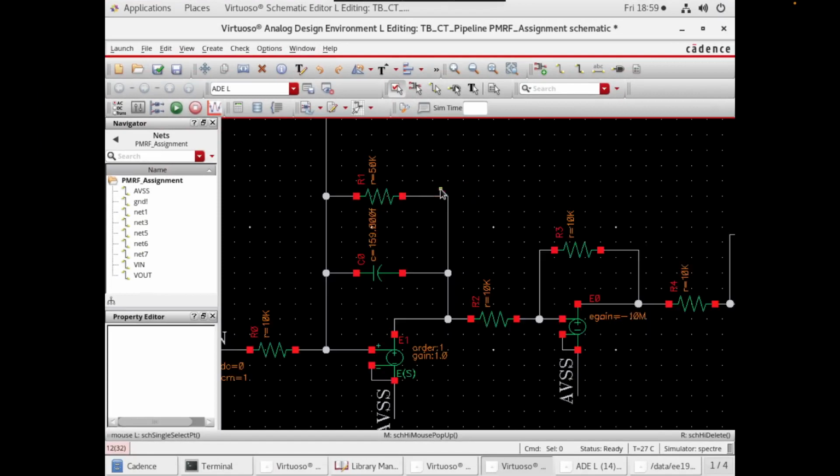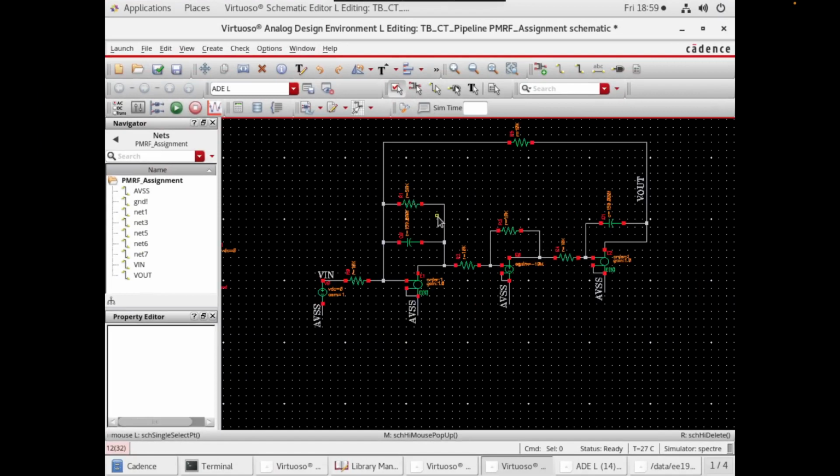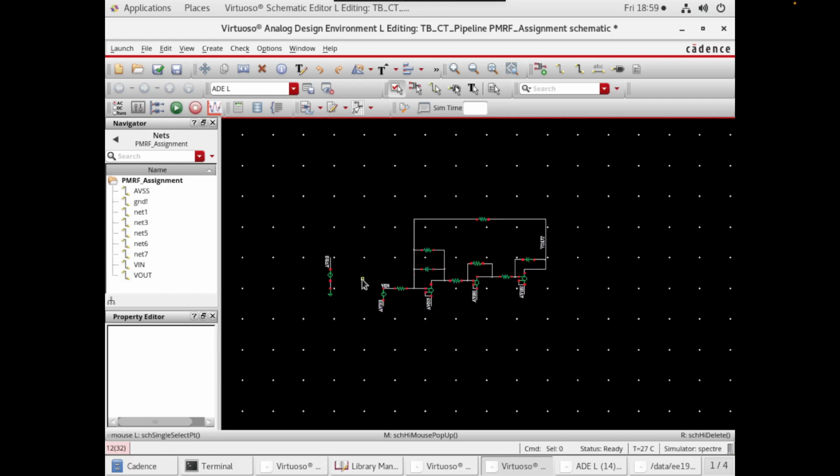So my screen is visible now, right? The Cadence screen. Hello, hello. My Cadence screen is visible, right? Yes, sir. Okay. So